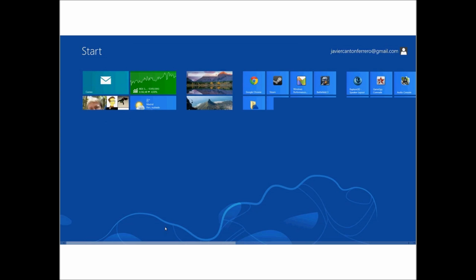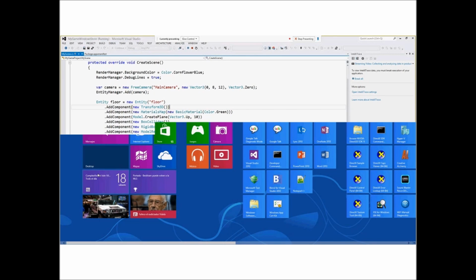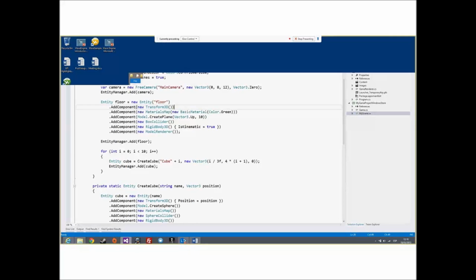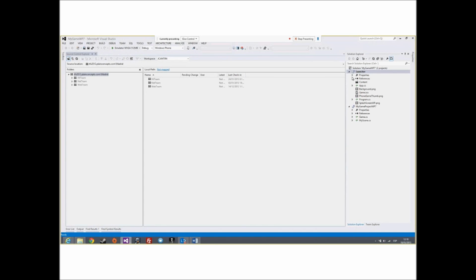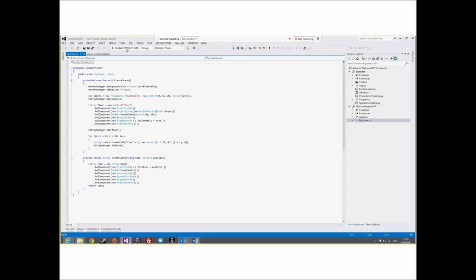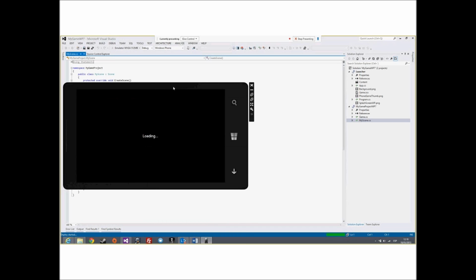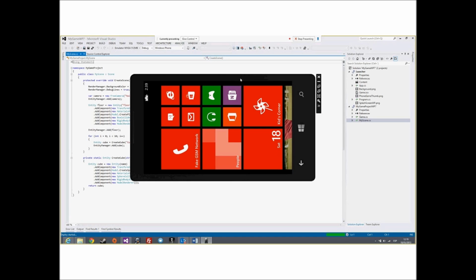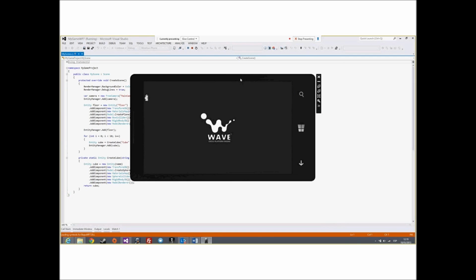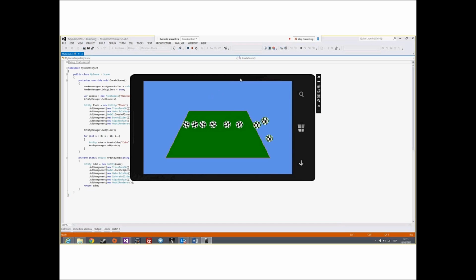Okay, and now I'm going to open the other solution for Windows Phone. I don't need to change anything in this solution. We have two projects, the launcher and the same code. And if you run it on the Windows Phone emulator, it spends a little bit of time to run this emulator. You can see our project now running on Windows Phone. Okay.